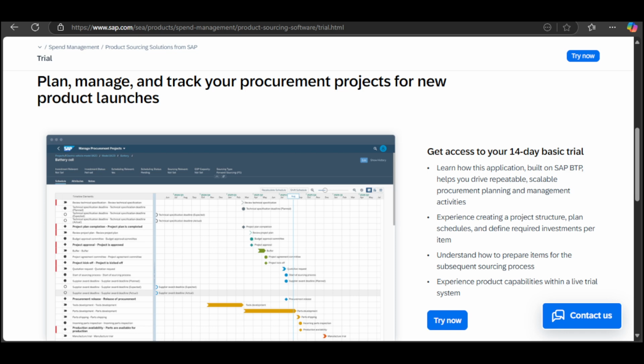Are you overwhelmed by manual procurement processes and seeking a streamlined solution? Are you looking to enhance supplier collaboration and improve compliance in your procurement activities? Well, if you're ready to transform your procurement planning with a powerful cloud-based tool, then I'll introduce you to SAP Ariba. It is a comprehensive procurement management solution designed to simplify your procurement processes, enhance supplier collaboration, and ensure